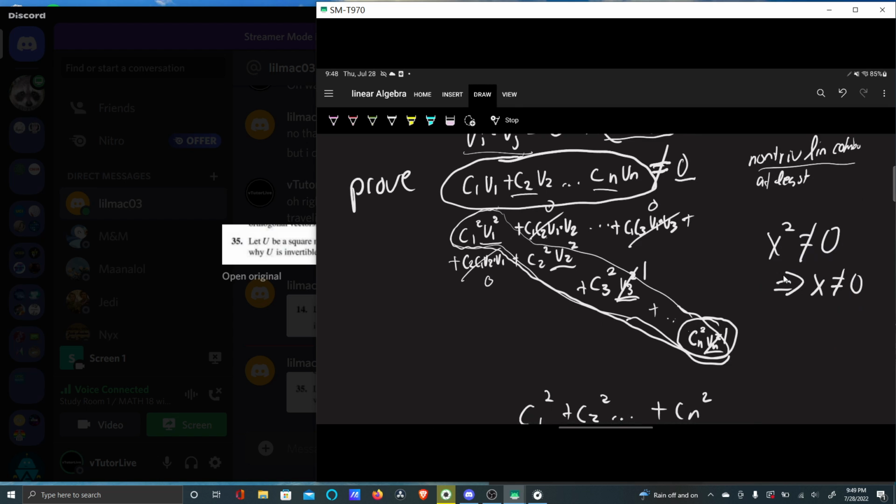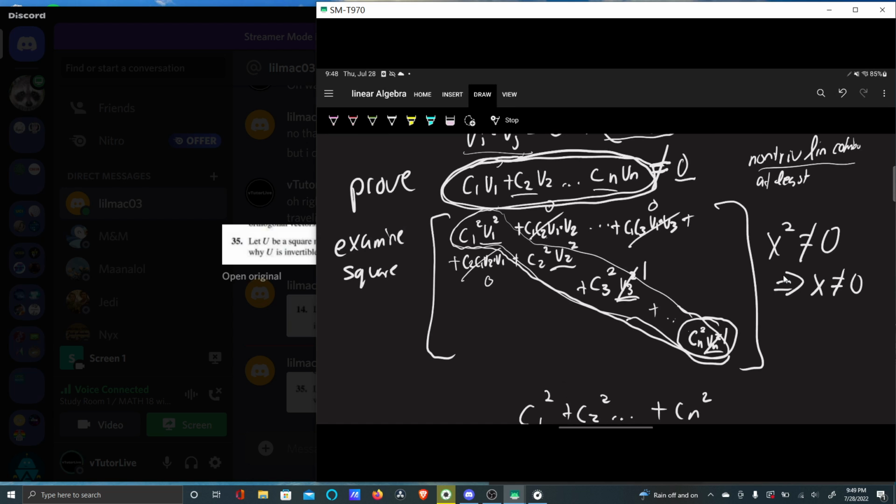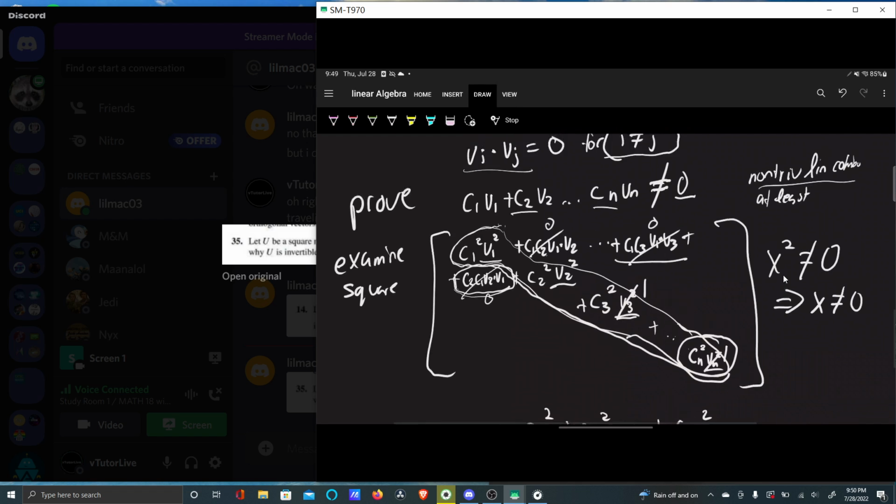And to do that, let's examine the square. This entire thing right here, I'm just taking this expression and squaring it. And in terms where you have like C1 squared, V1 squared, I'm writing that as a diagonal. This is not a matrix, this is just a straight up scalar value. I'm just writing it like a 2D array to visualize it more easily. And what I'm telling you is that terms that have a cross term in them, like v2.v1 or v1.v3, are going to be 0 because